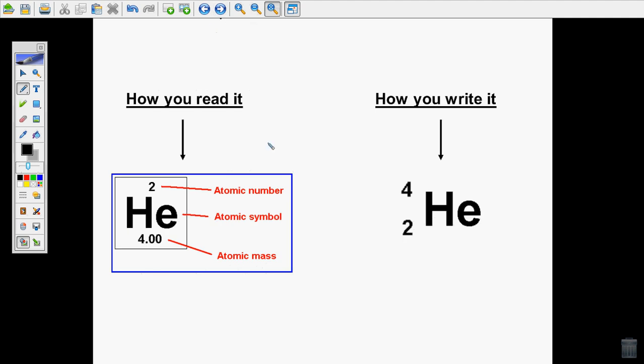Okay, this is how this information is going to be given to you on your periodic table. You're going to have a number at the top. This represents the atomic number, or the Z number. And here we have the atomic mass, or the A number. When you rewrite it, you're going to write the A number on top, so in this case it's 4, and the Z number on bottom. So for this helium, the number of protons,